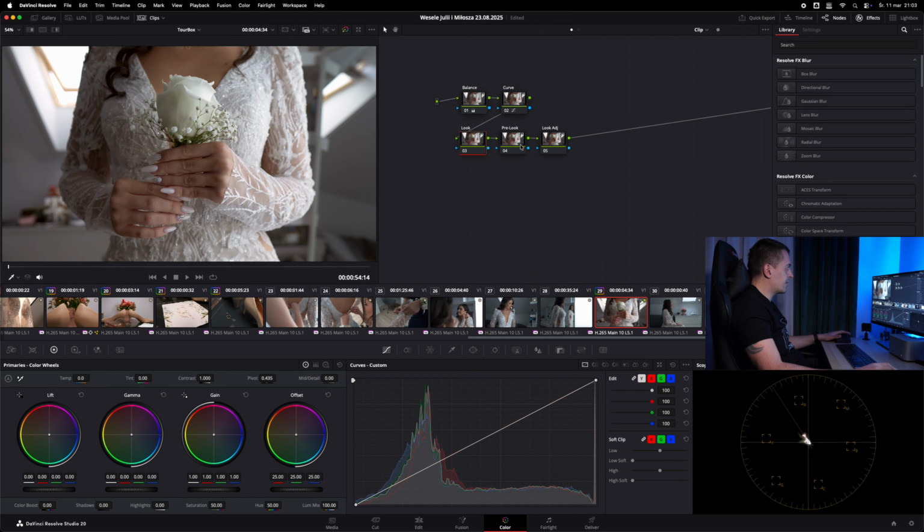And where to start? We will start from our pre-look, and I will try to make some popular look which is called teal and orange.